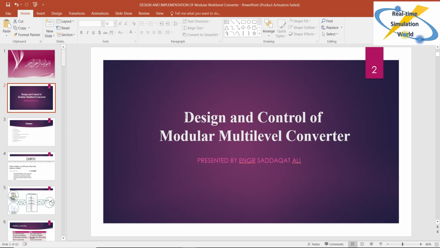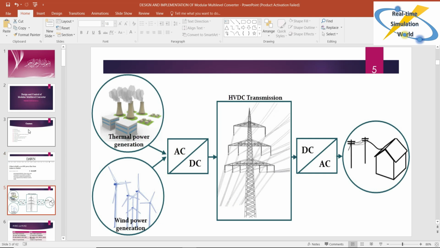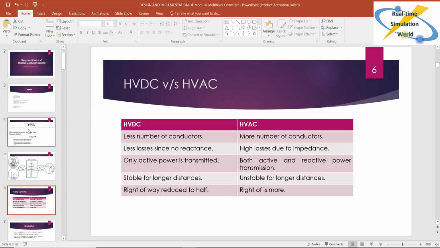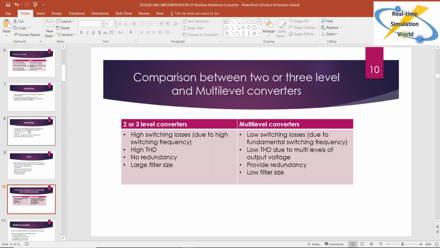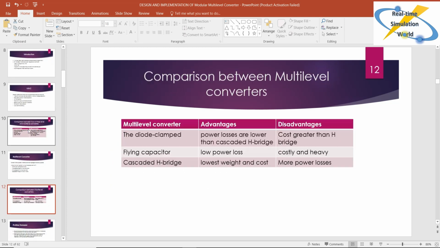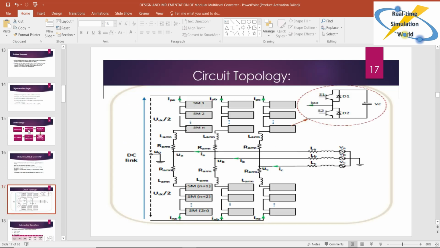This is engineer Sadakat Ali, and today I am going to start detailed modeling of modular multi-level converter in MATLAB Simulink. So in my previous video I have already explained about working of modular multi-level converter, about its control, its structure, its working principle, and all that I already explained. So today I'm going to start